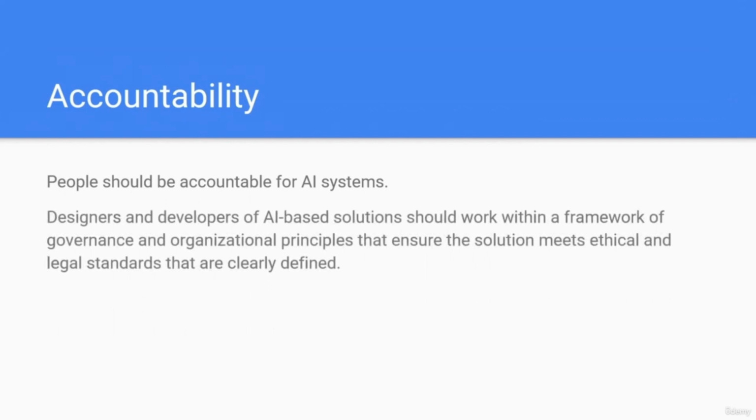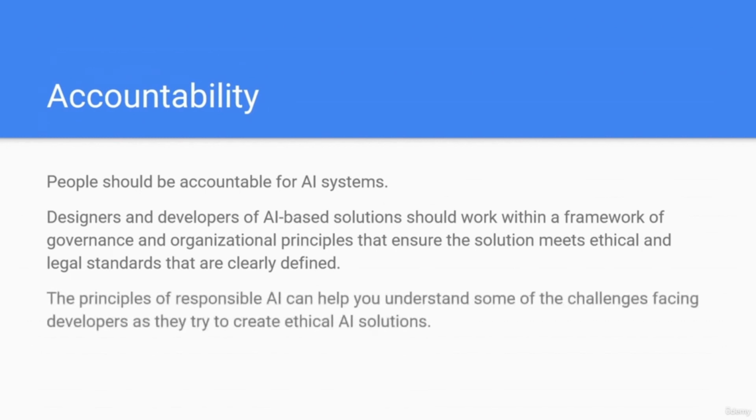Designers and developers of AI system solutions should work within a framework of governance and organizational principles that ensure the solution meets ethical and legal standards that are clearly defined. The principles of responsible AI can help you understand some of the challenges facing developers as they try to create